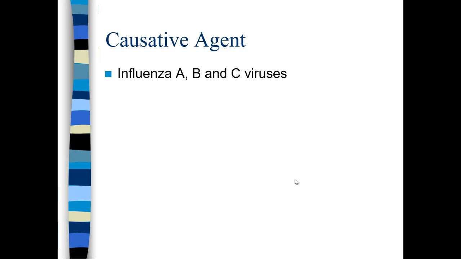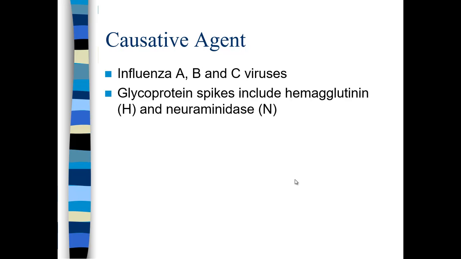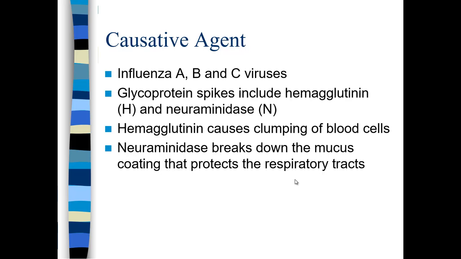Okay. There are 3 different types of influenza viruses. There are many, many different classifications below these types. And the reason why you hear H and N associated with flu is because of the glycoprotein spikes. H stands for hemagglutinin, N stands for neuraminidase. Hemagglutinin causes cells to agglutinate or clump. Neuraminidase breaks down the mucus coating that affects the respiratory tract, so it can access the mucous membrane epithelial tissue,